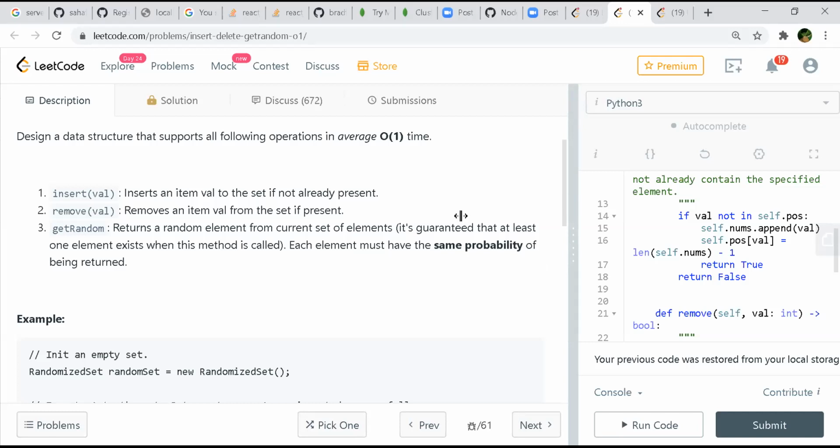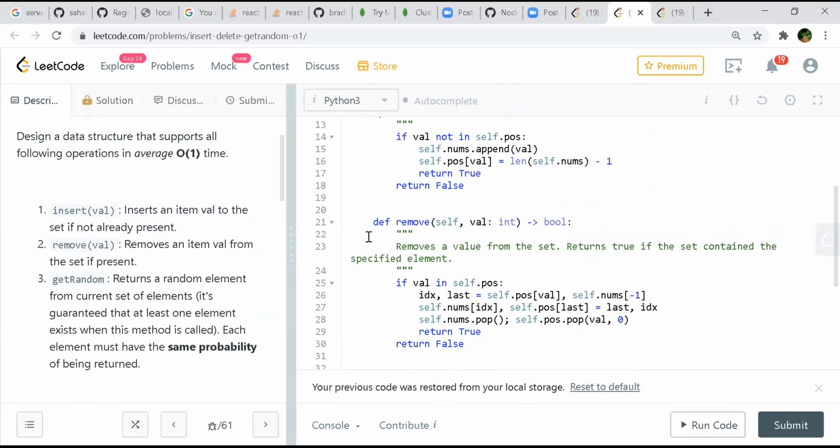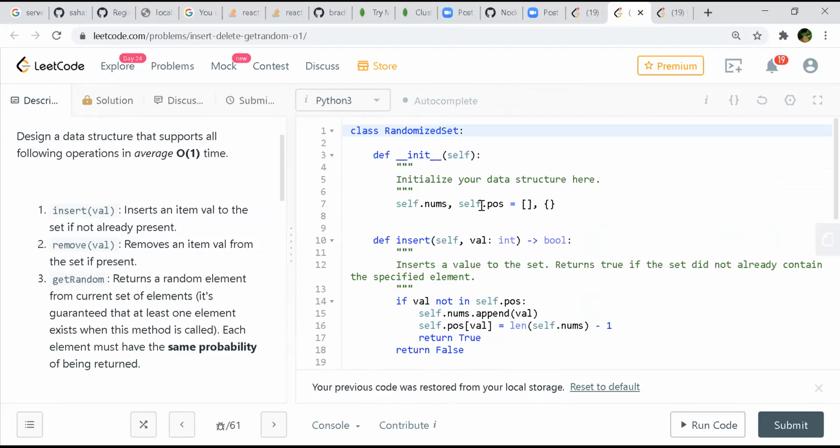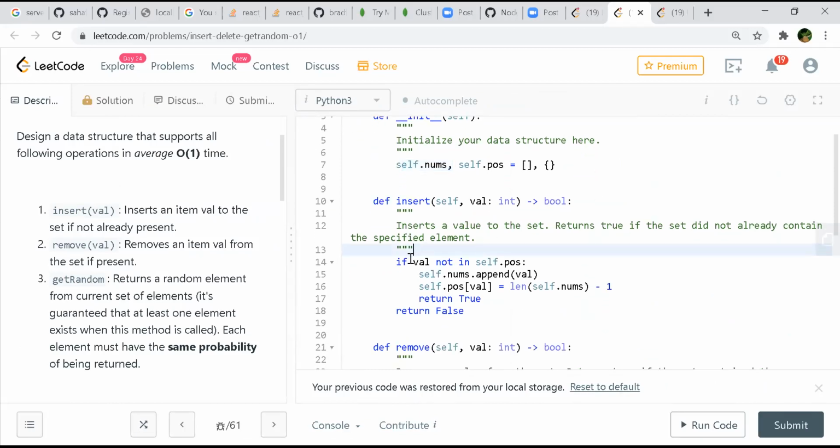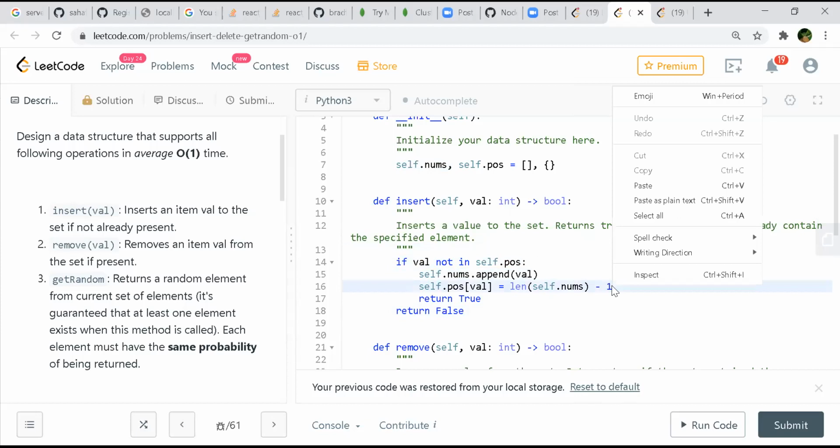Yeah, I have one implementation. Yeah, please, go ahead. So here I'm taking one array and the other map for this. Regarding the insert operation, I'm checking first whether that particular value is present in my map or not. If it is not present, then I'll append that particular value into my array, and for the index corresponding to that value, I'll put the length of nums minus 1, and return true.